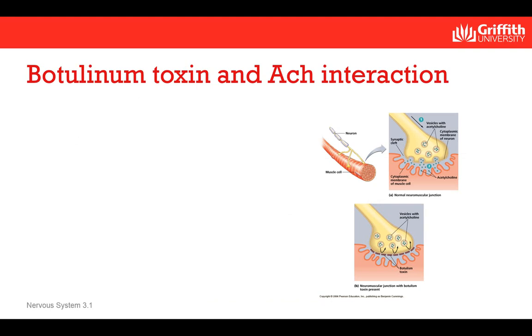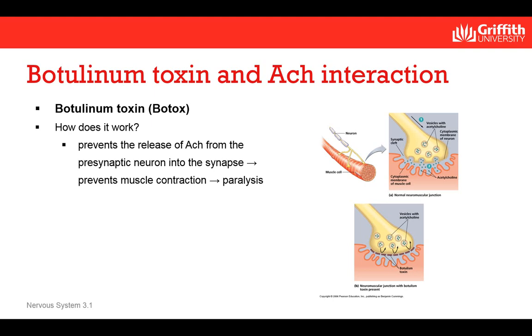But what happens if the release of ACh from the presynaptic neuron into the chemical synapse at the neuromuscular junction is prevented? This is precisely how botulinum toxin, or Botox, works. Injected botulinum toxin blocks the release of ACh from the presynaptic neuron, which prevents the muscle contraction from occurring, resulting in muscle paralysis. Botulinum toxins now play a significant role in the management of a wide variety of medical conditions,